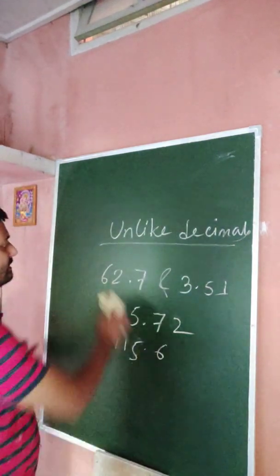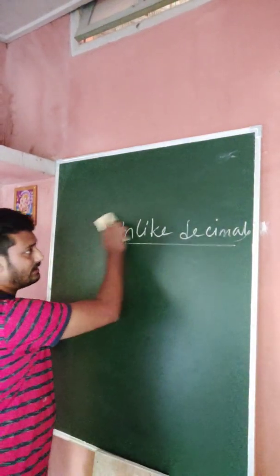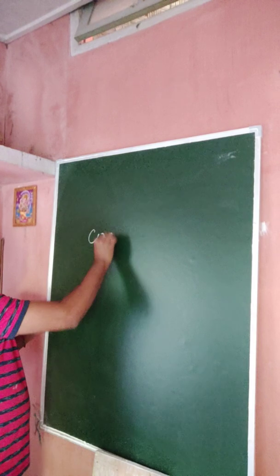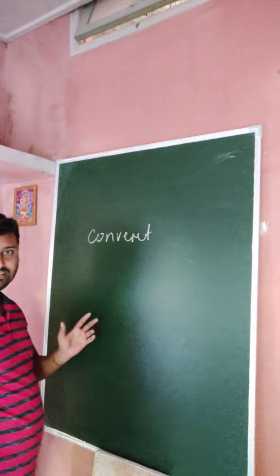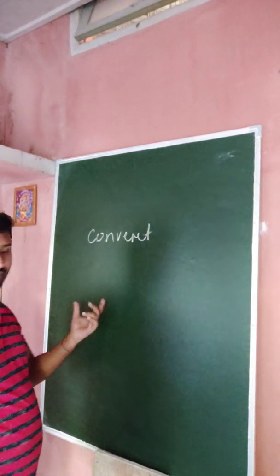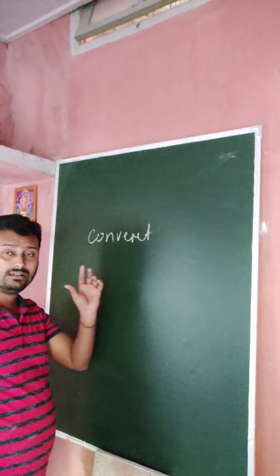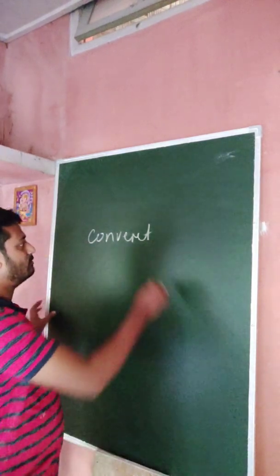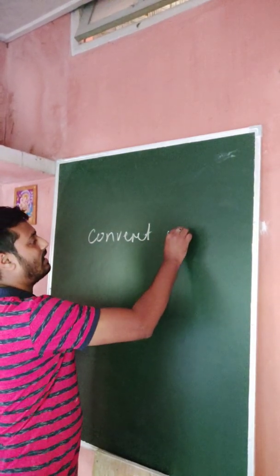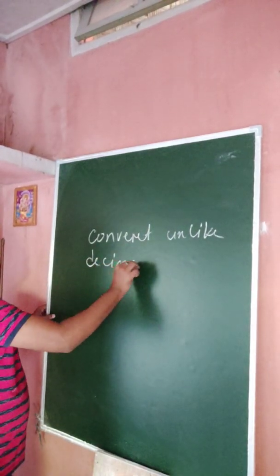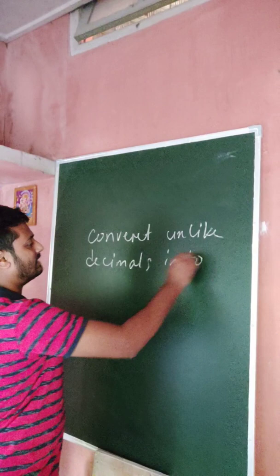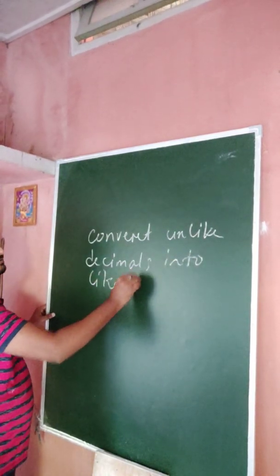so now again one thing you have to remember, you can convert unlike decimals into like decimals. So the next part is convert. In 6.3 you have to find like or unlike decimals, and the last question is you have to convert unlike decimals into like decimals. Suppose convert unlike decimals into like decimals. Okay,